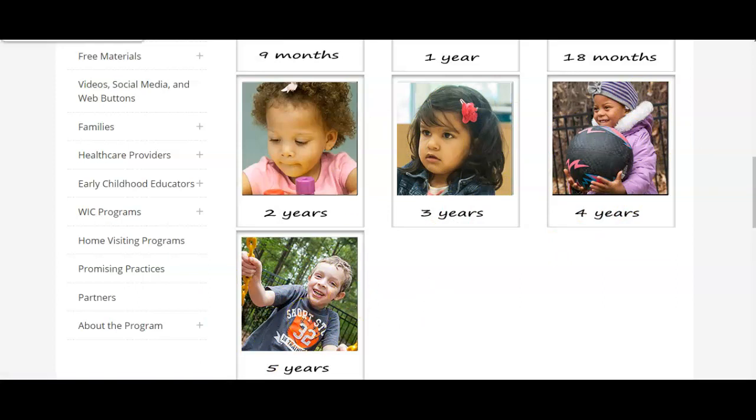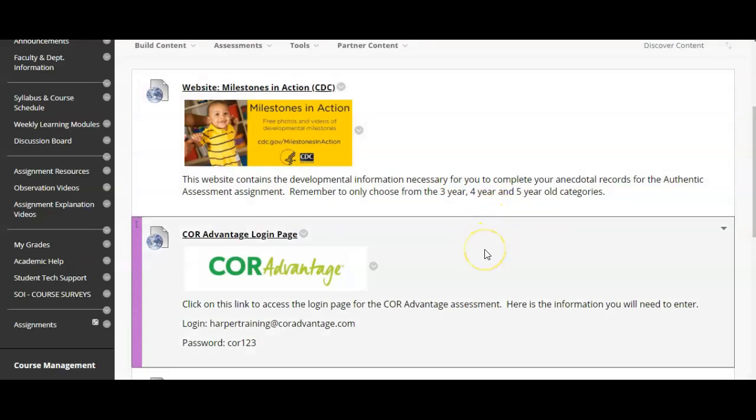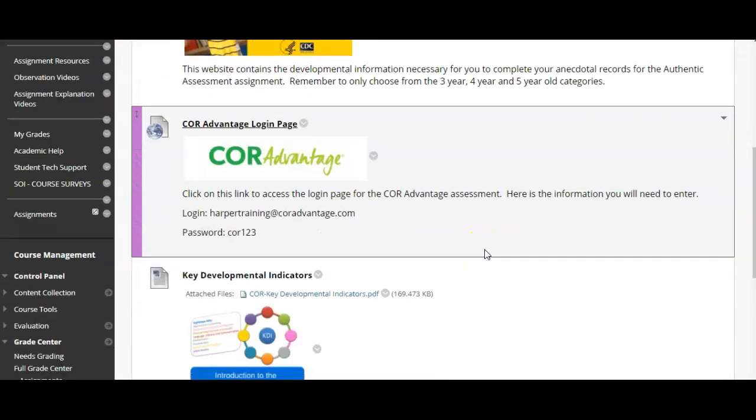Going back to the folder, you will see the next link is for the Core Advantage website. You will need to click on this link to go into the login page for that website. You can also see that the login and password information for that website is listed here. Once you are logged into the Core Advantage website,